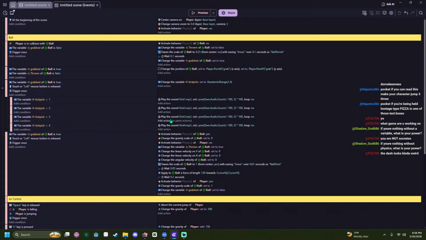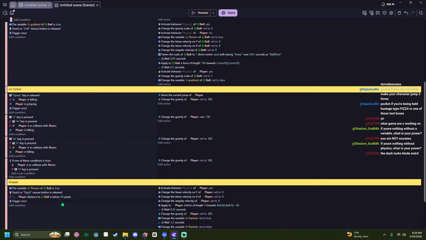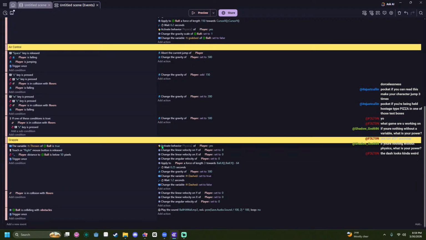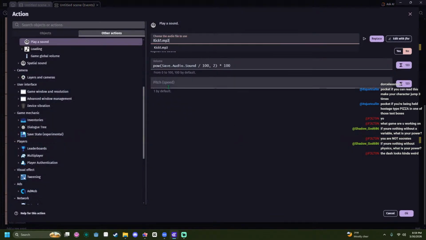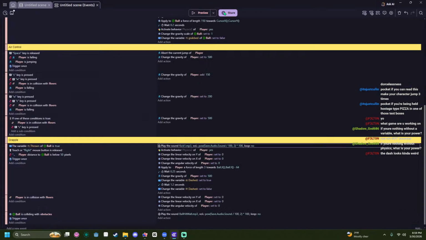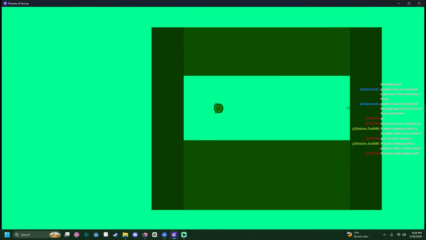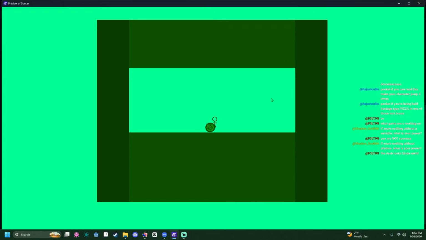You know what? Let's actually add one of the dash sounds whenever the throw sounds whenever we dash. And then we can just like increase the pitch a bit to like 1.2. There we go.